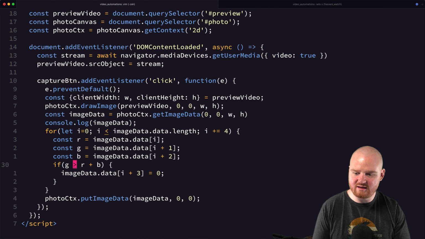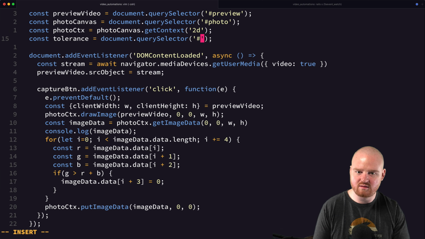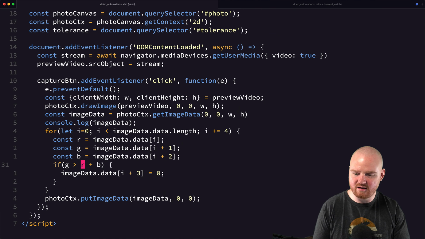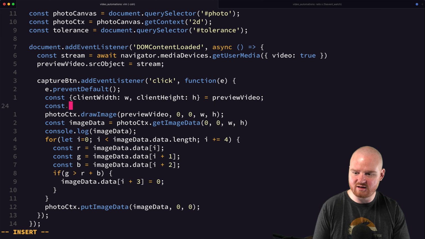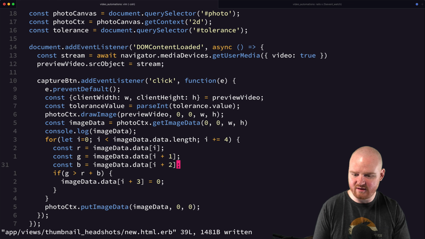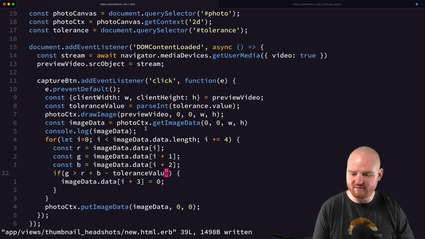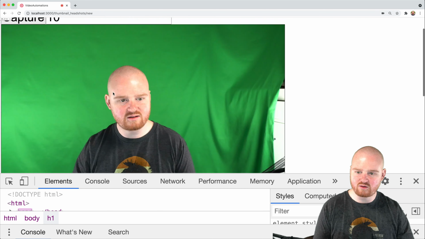And then we'll say if green is greater than red plus blue. Let's grab our tolerance here. Is it called tolerance? Yeah, it's called tolerance. Okay, so then here, when the button is clicked, we'll extract our const tolerance value, which is tolerance.value, and we'll parse this into an integer, parseInt, okay, and then we'll say minus tolerance value. So if the combination of red and blue minus the tolerance value is greater than green, then we should